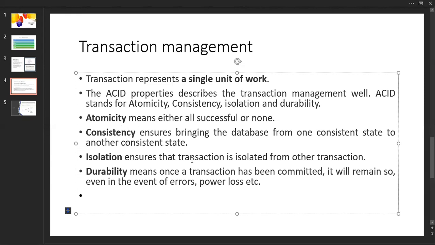Isolation ensures that a transaction is isolated from other transactions. Whether the data is being updated, deleted or changed, is there any transaction going on there.